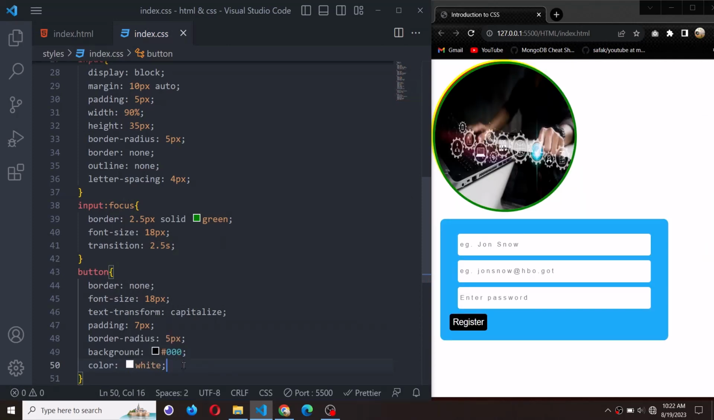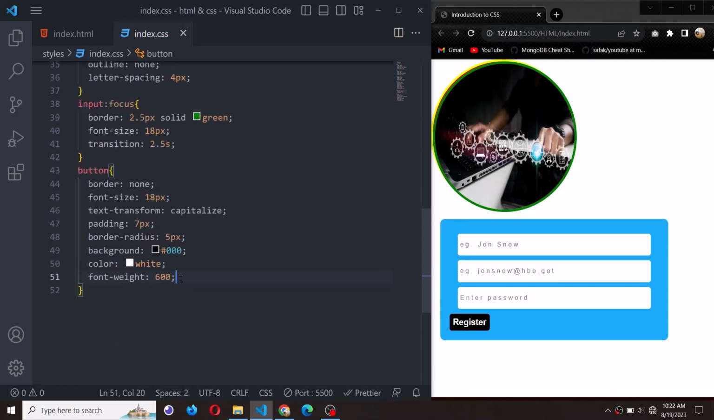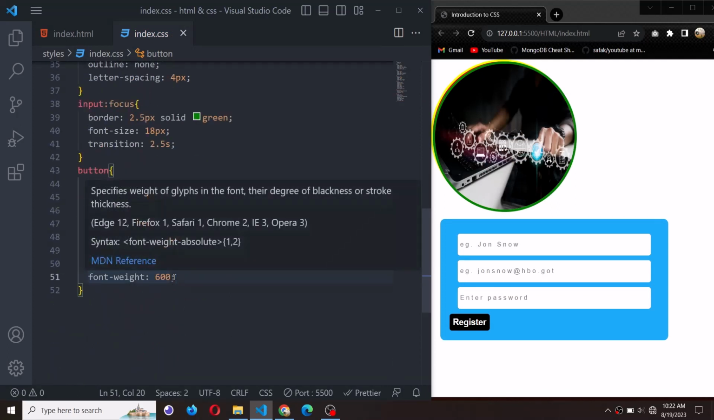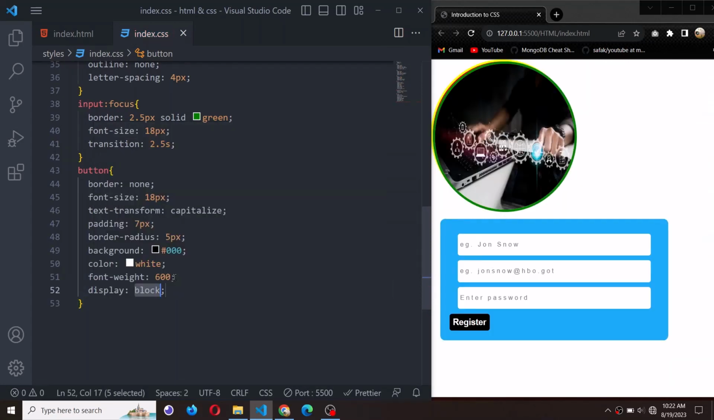Okay, I will also change the font weight of the text. So font weight, I will change it to 600. Please, it's not pixel, just 600. Okay, and the next thing that I'm going to do is that I also want the button to display block. Okay, so I'll set the display to block like this, so that it will also take up the entire space,